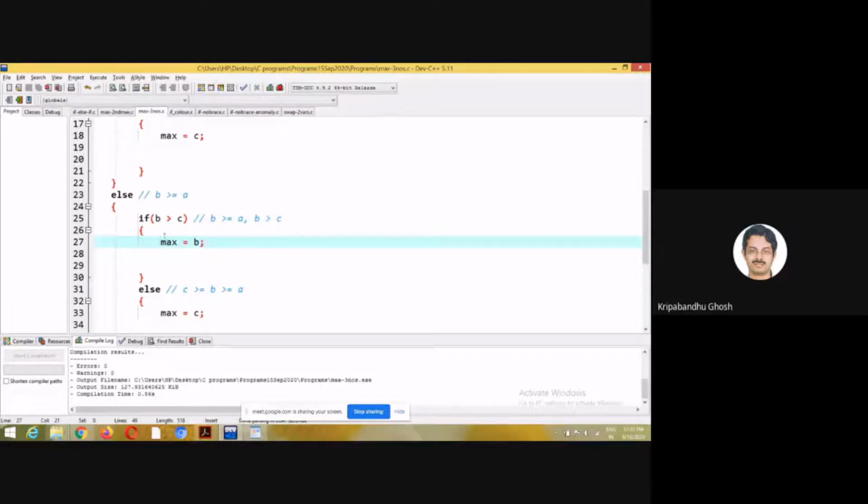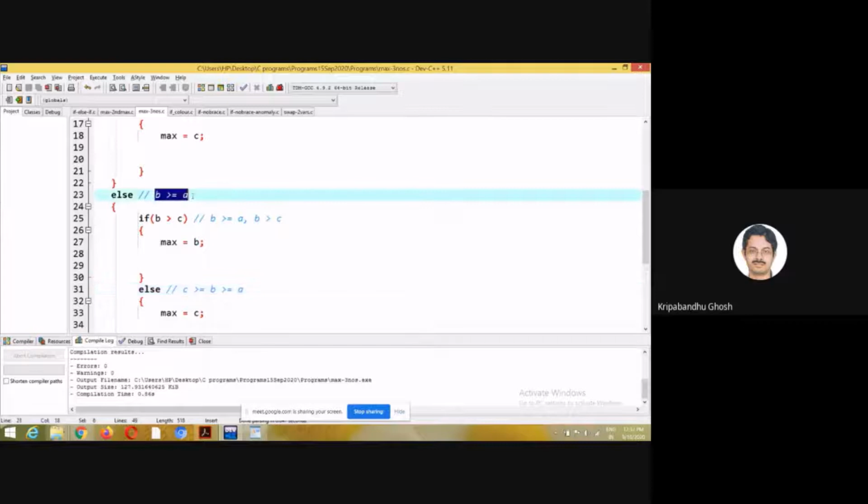Else, what if this is false? Then C is greater than or equal to B, and we already know B is greater than or equal to A, since A less than B was false.